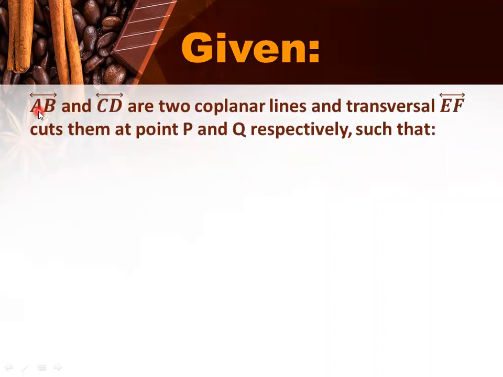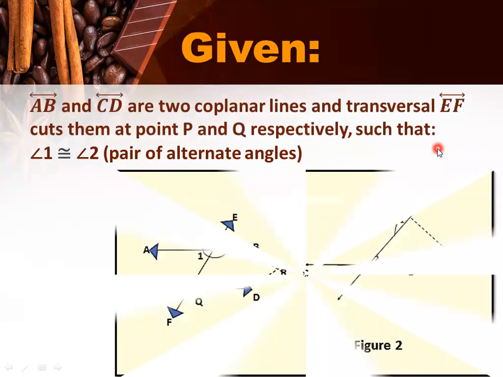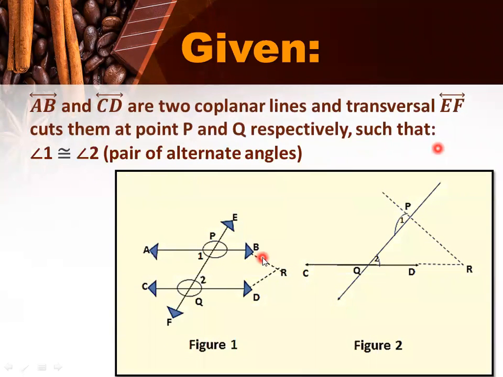Now the given thing is line AB and line CD are two coplanar lines and transversal EF. This is your transversal EF. They cut them at points P and Q. This is the point P and this is point Q, such that